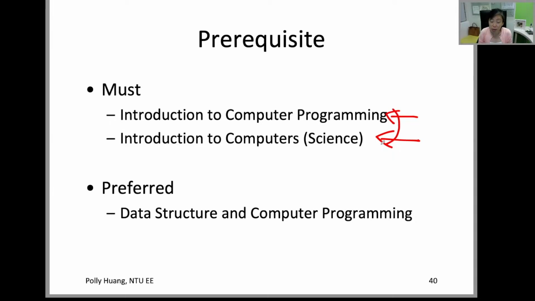In the Introduction to Computers course, you should also learn about data passing within a computer. We pass data around between the main memory and the hard drive all the time. What's so powerful about the internet, and the relevance of this course to the Introduction to Computers course and the Operating System course, is that the network interface card extends the reach of the data we are producing or looking for from within the computer to outside of your computer, to the internet. So definitely you must have taken Introduction to Computers.